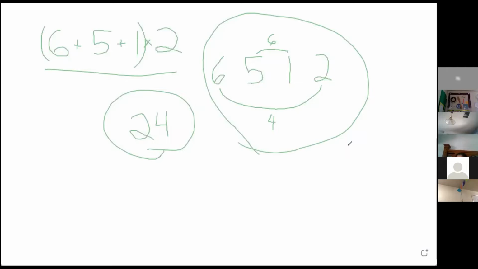Because I just want to make the point that this activity in my mind isn't always about order of operations. If you want it to be about order of operations, then by all means have this discussion that we had over here. Do we need parentheses, and if so, why and where? So that could lead to that discussion. But to me, the most important thing about this activity is just that number fluency and playing around with numbers,